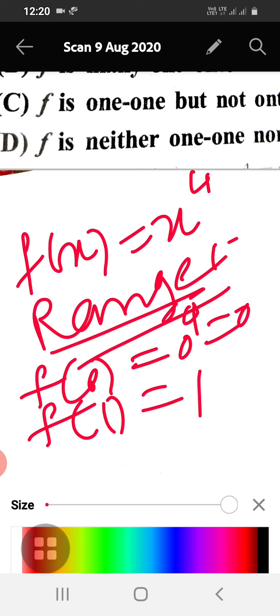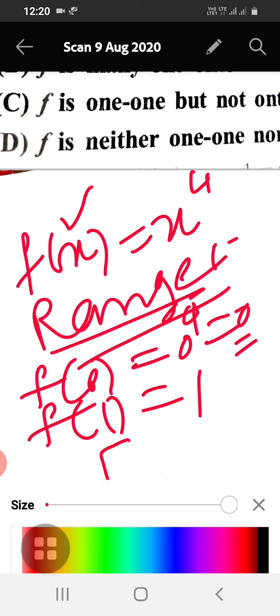So here we can clearly predict that if I give any value for x, my range starts from 0. So the range of the function clearly we can define for this function.